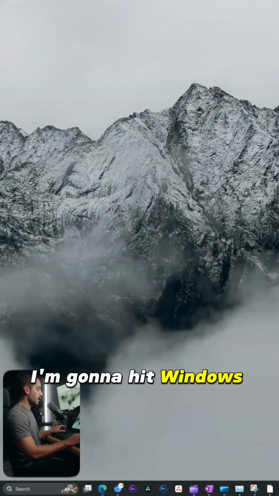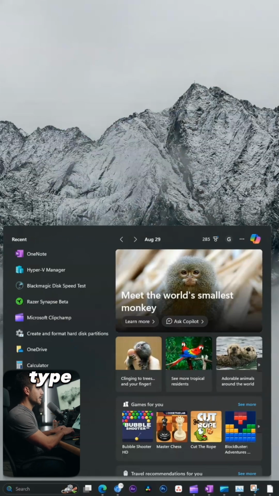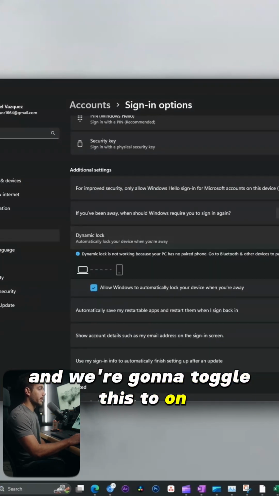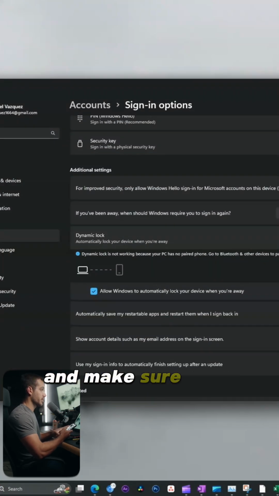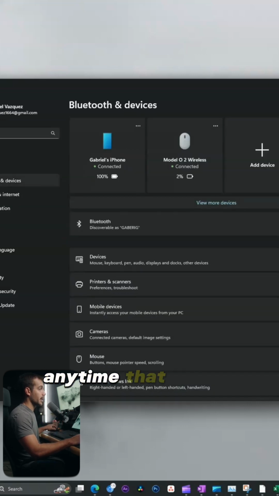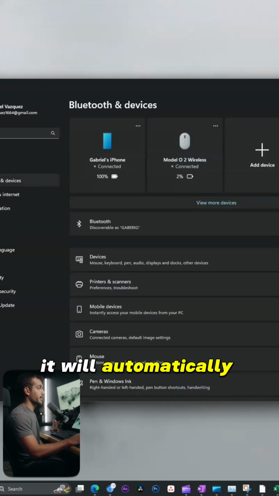Lastly, I'm going to hit Windows key and S together to bring up the search bar. Type in dynamic lock. We'll hit enter on that setting. And we're going to toggle this to on. To enable this setting, go to your phone and make sure your phone is Bluetooth connected to your PC. Now that my phone is connected, anytime that I walk away from my PC, it will automatically lock and require